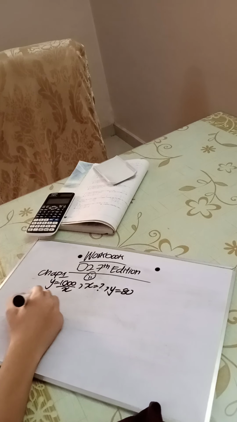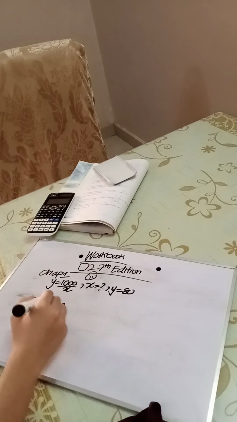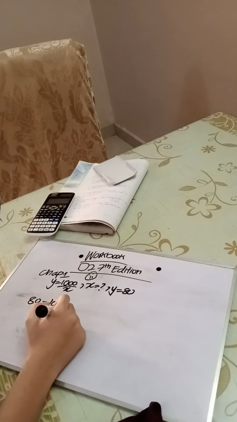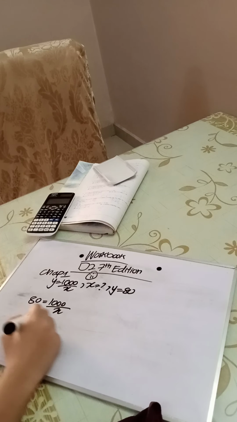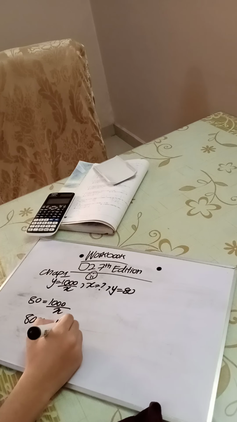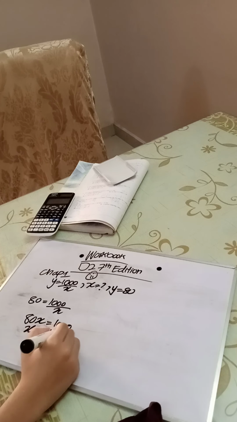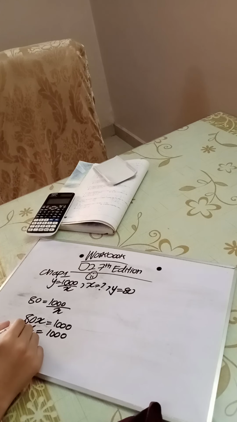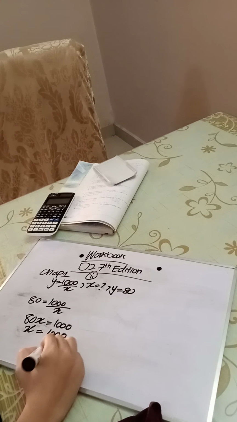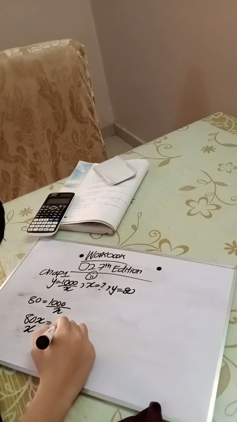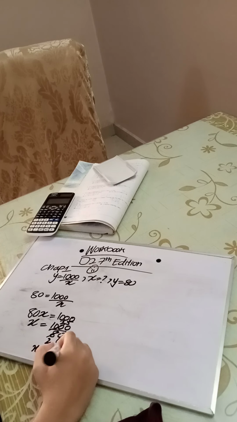Now instead of y I will write 80 equal to 1000, and remember one thing, in the 1000 there are 3 zeros, over x. Now this x is dividing, so it would be 80x equal to 1000, and now we have to leave x alone. The 1000 has 80 multiplied on this side, so it will come over here and divide. Now this would be 4 twos are 8, 4 fives are 20. This would be x equal to 25 over 2.